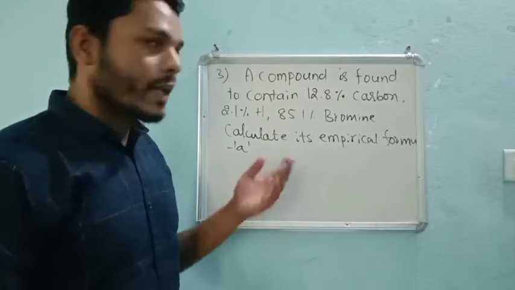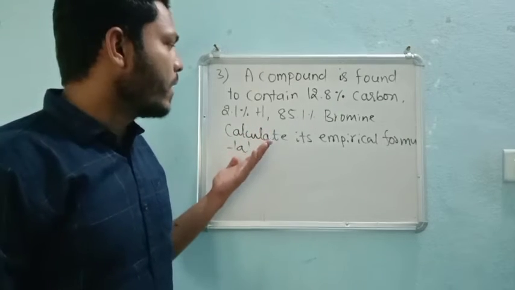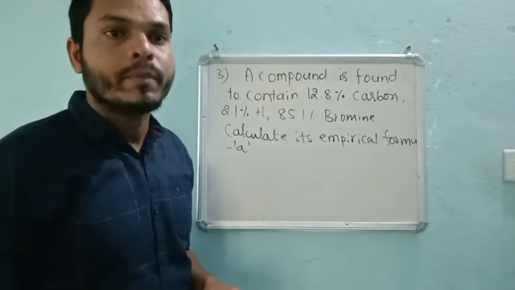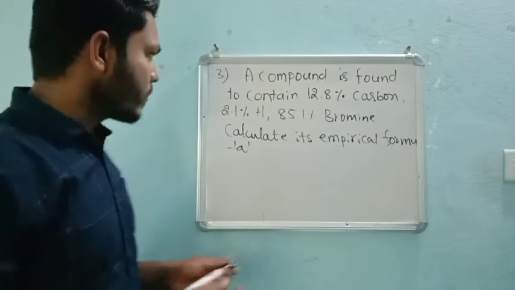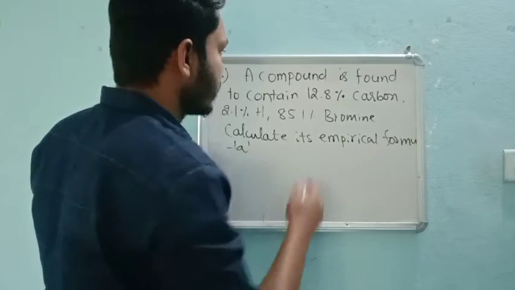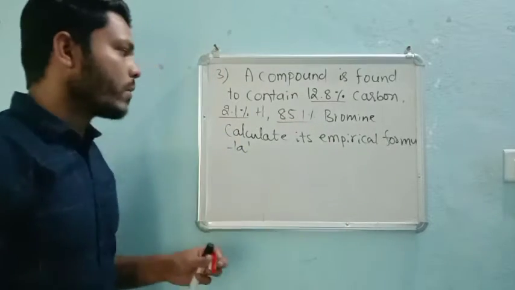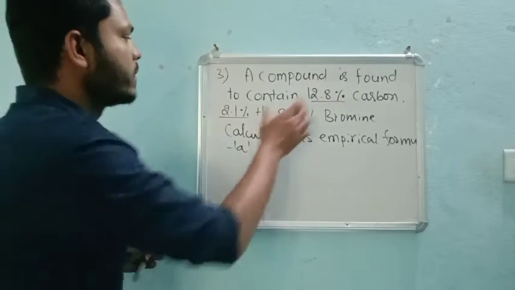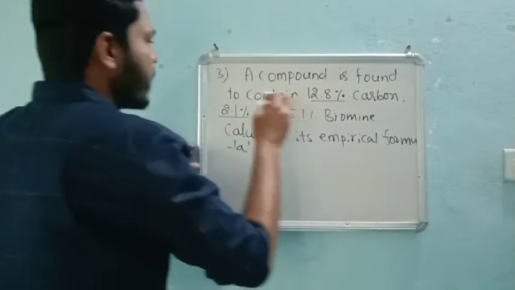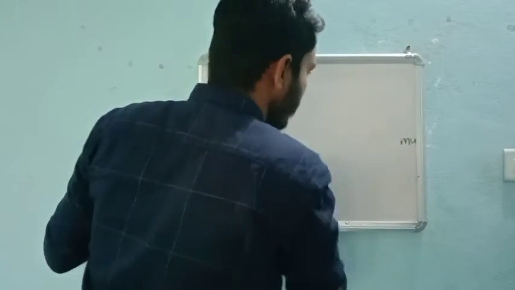So now again you go with our chart. If you remember, definitely you can find out the empirical as well as the molecular formula. I will solve this. You take these points: 12.8% carbon, 2.1% hydrogen, and 85.1% bromine. These values we require, that's all. The later part we can calculate ourselves. So now the solution will be like this.